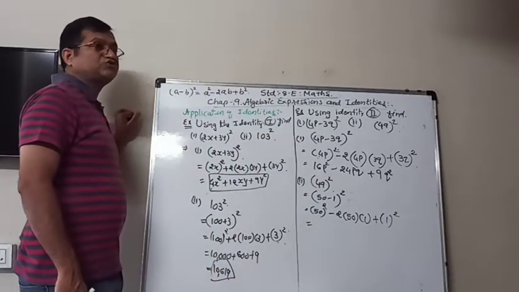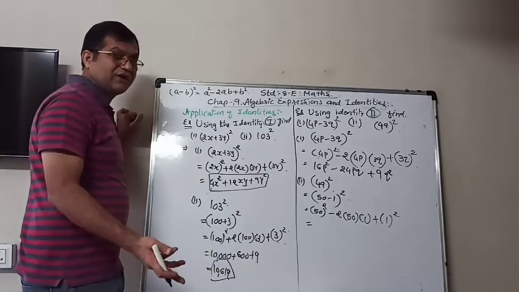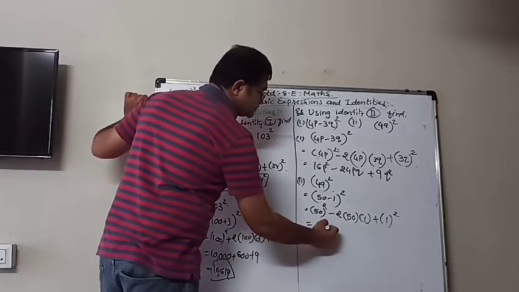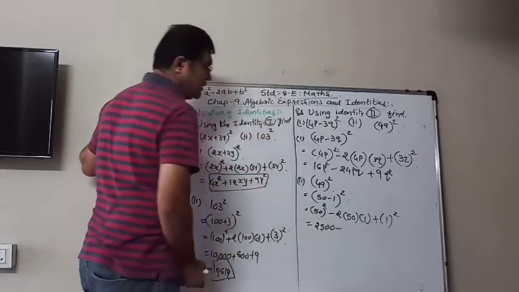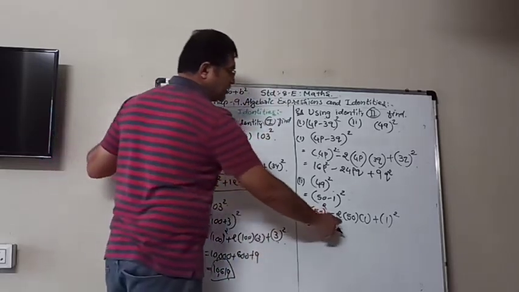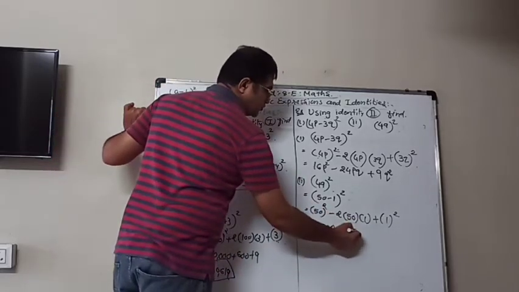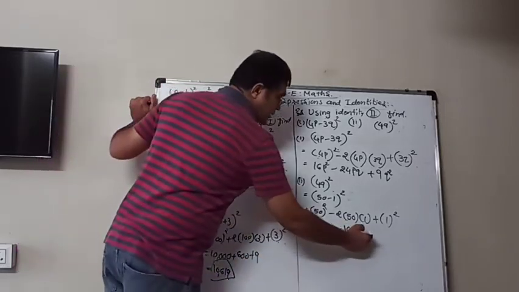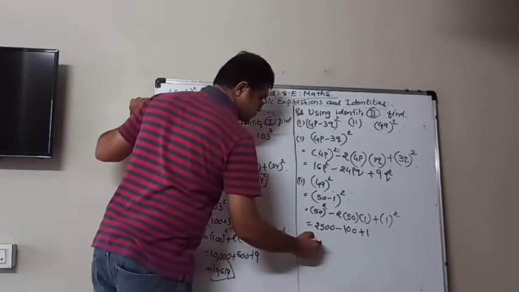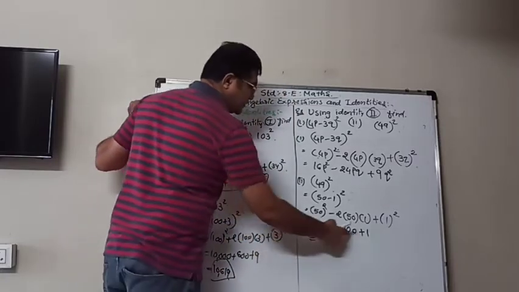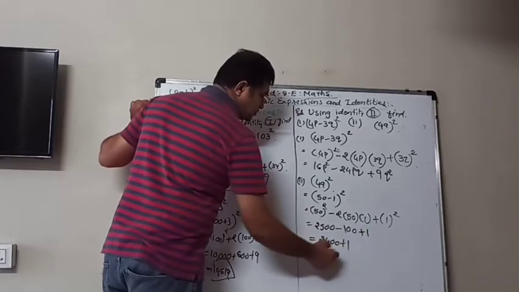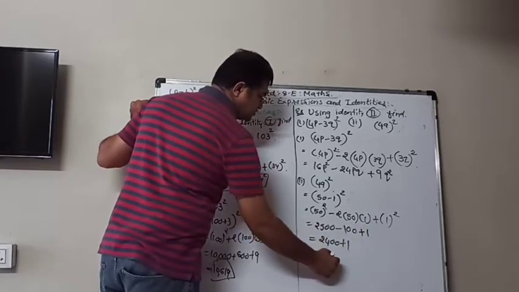Now what is 50 square? 5 square is 25, so 2500, minus 50 2s are 100, 100 1s are 100. So 2500 minus 100 plus 1. Now 2500 minus 100 is 2400, plus 1. So your answer is